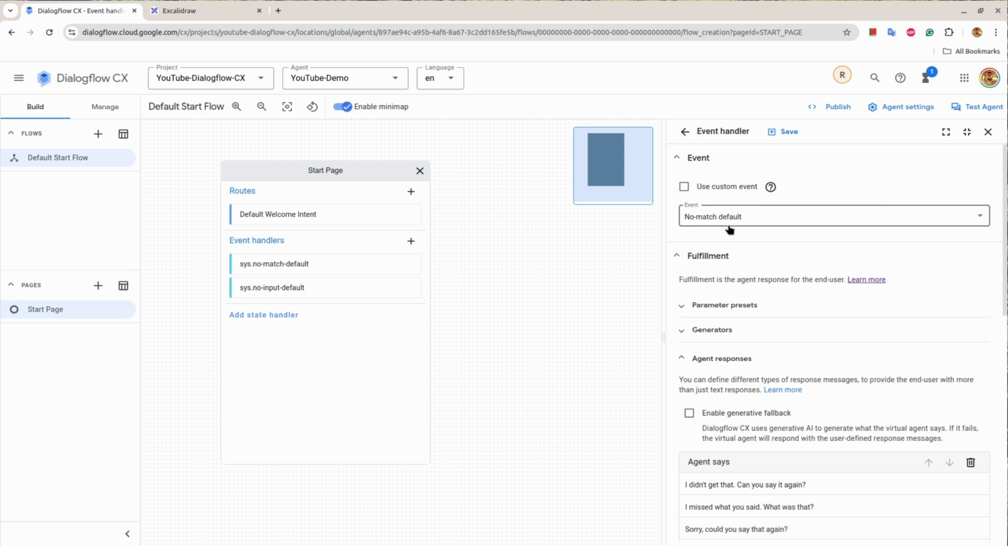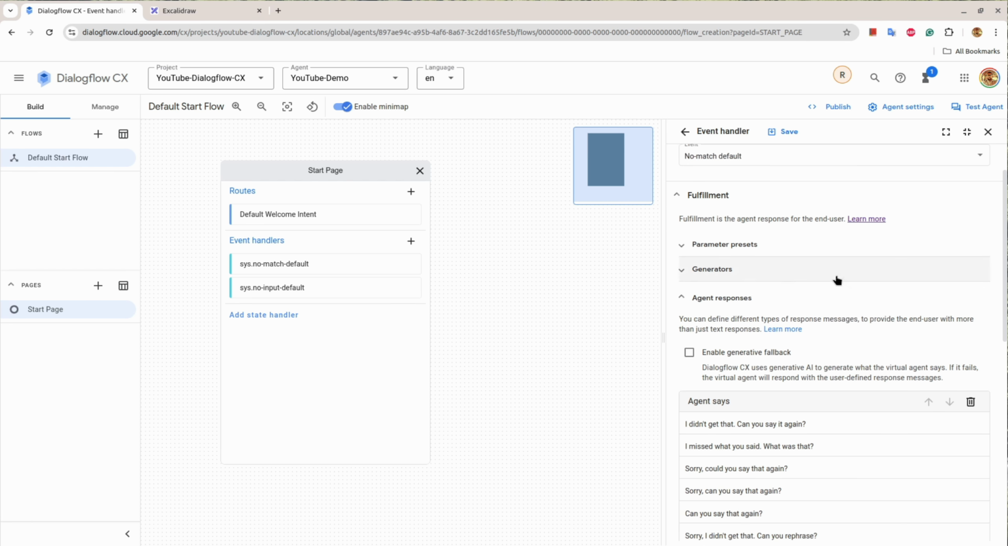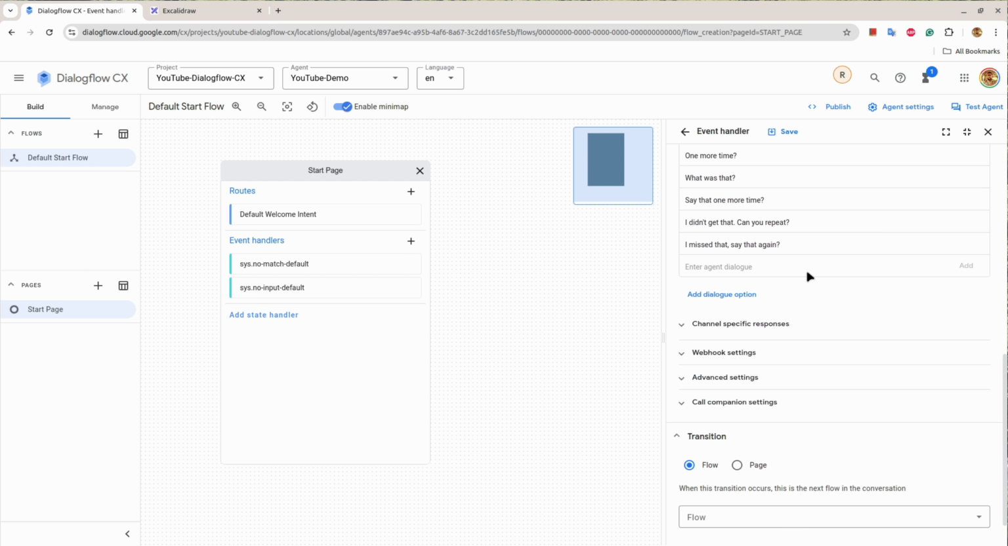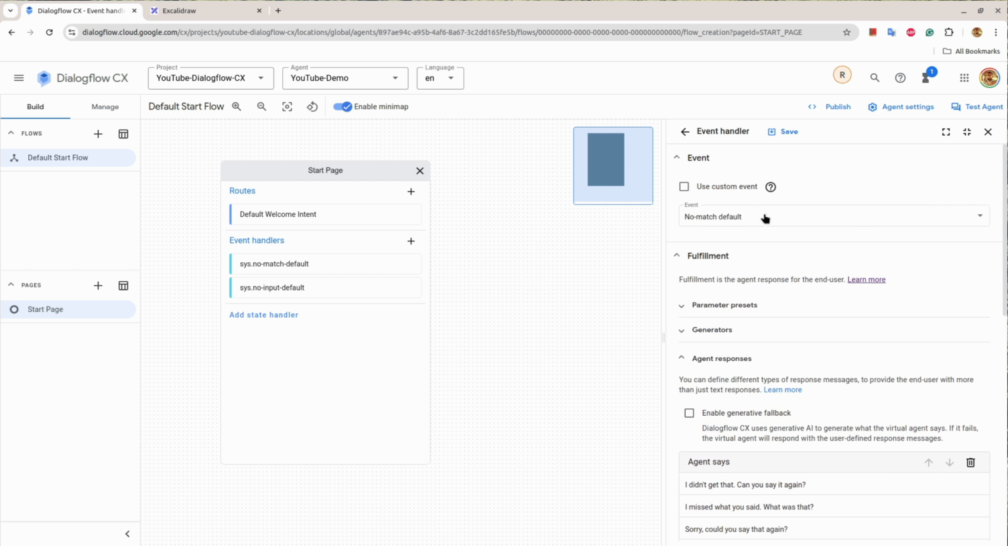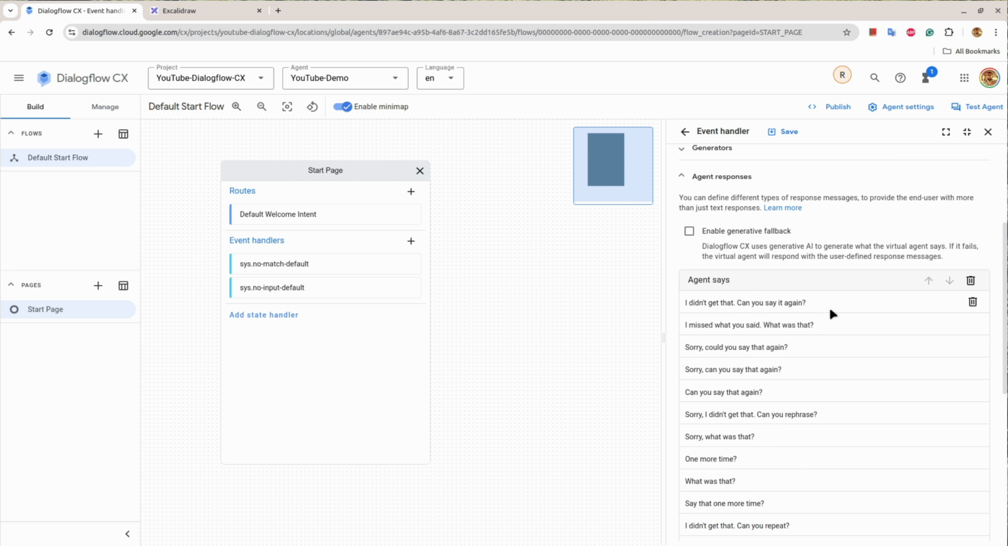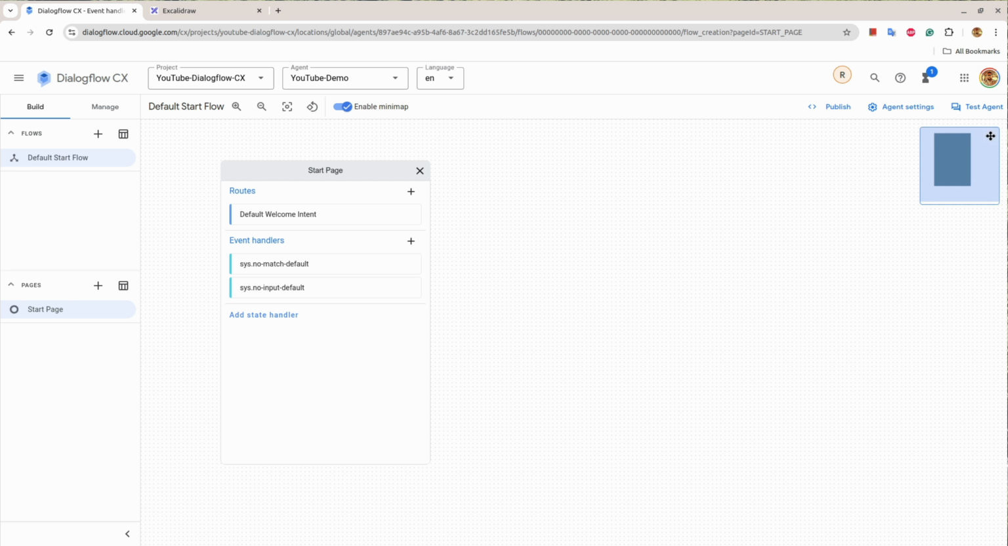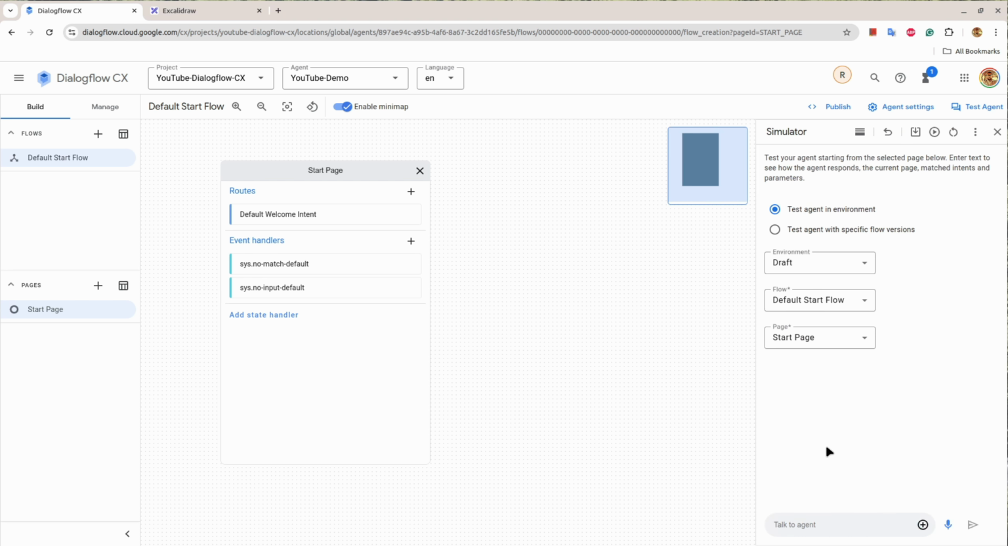For that we have no match default event handler. Again, it has all the same things that route has. Okay, but for example, there is no intent to match, there is no conditions that you can set, but it has almost all the things. So if you come here and if I say hi,